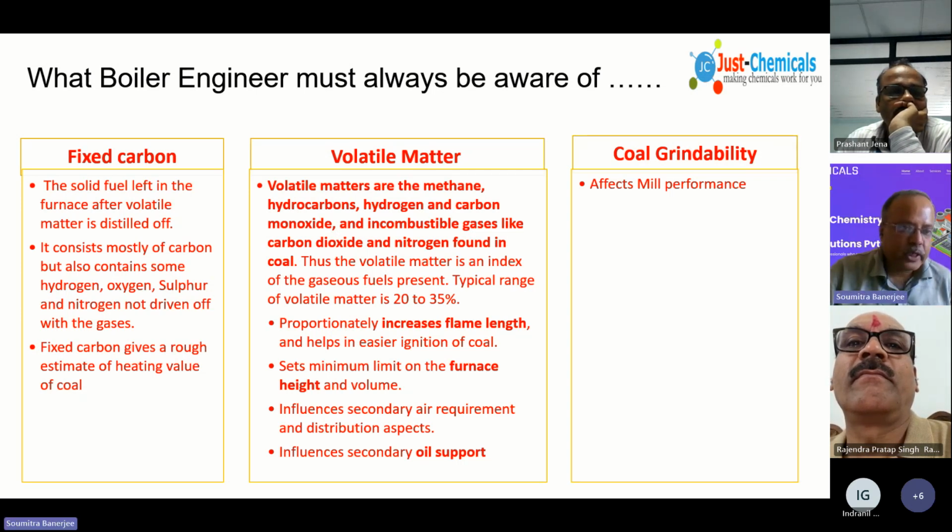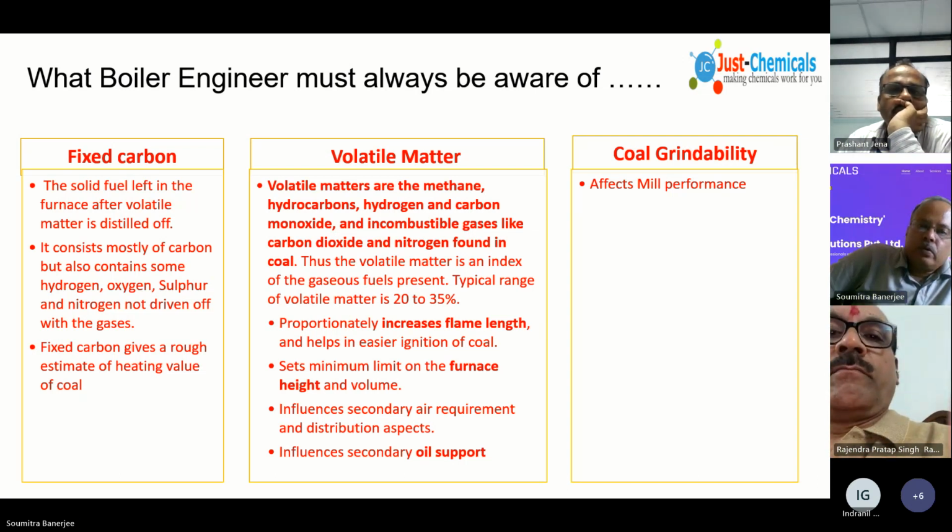That is the fuel, fixed carbon. It consists mostly of carbon, but also contains some hydrogen, oxygen, sulfur, and nitrogen, which is not driven off with the gases. Your secondary air requirement may be because of this. Now, fixed carbon gives a rough estimate of the heating value of a coal,